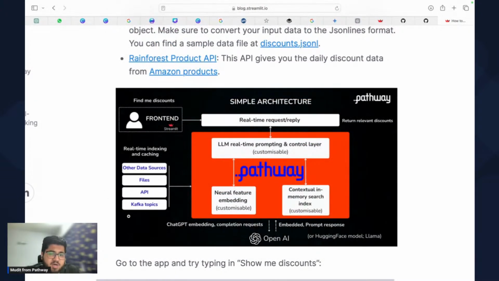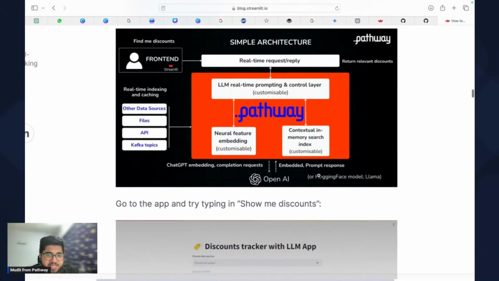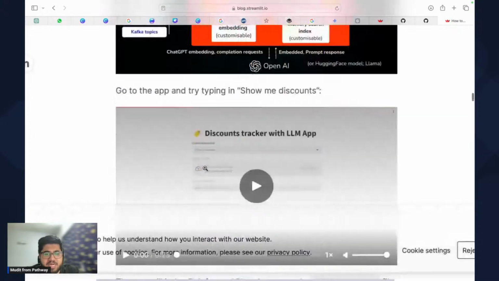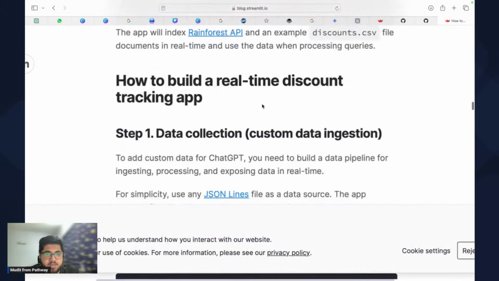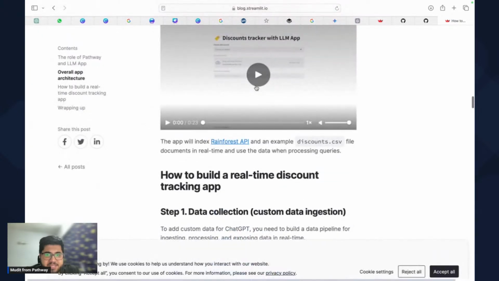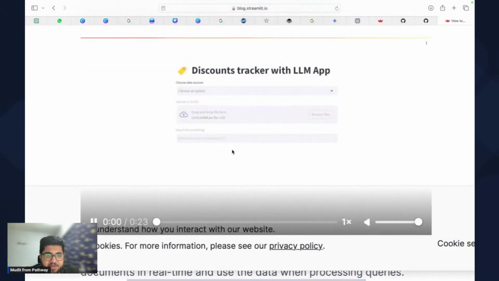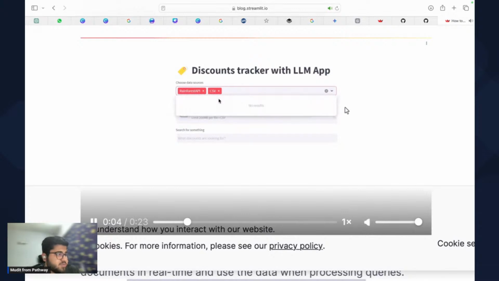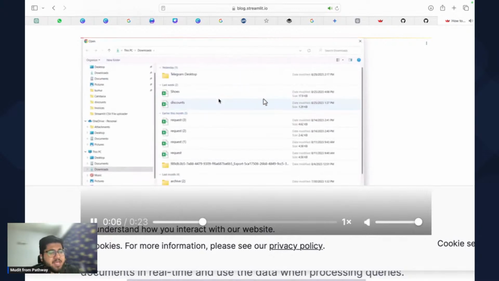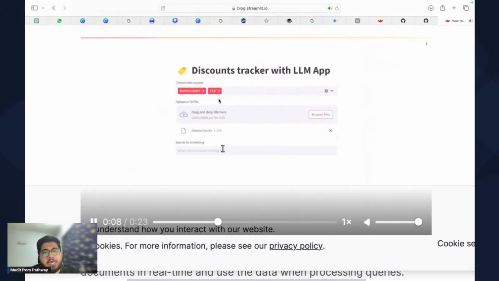You basically have data sources, you're converting that into embeddings format. You have a front end, and you're using a chat completions API and an embeddings API. You're using OpenAI twice, basically, once for embedding, second for chat completions. In the example they have shown here, they have covered two use cases. They are uploading prices information via Rainforest API. Rainforest API is a very popular API. If you Google it, you'll find it. For uploading, they're using a CSV as well in parallel.